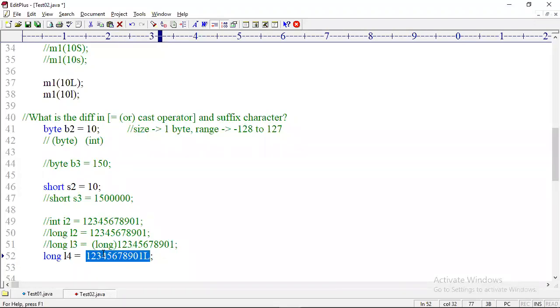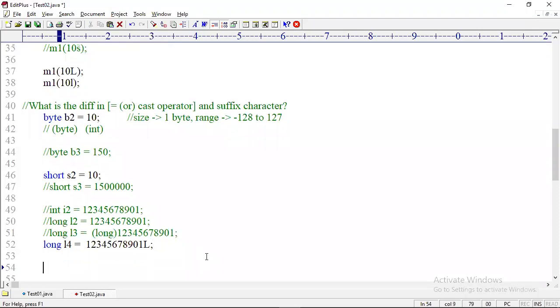Okay, now got clarity? Assignment operator converting into byte. Assignment operator converting into short. Here there is no conversion. The number itself is a long, no conversion. It's not int, it itself is a long type. A long number can be assigned to long. You want proof? Okay, I will give the proof.